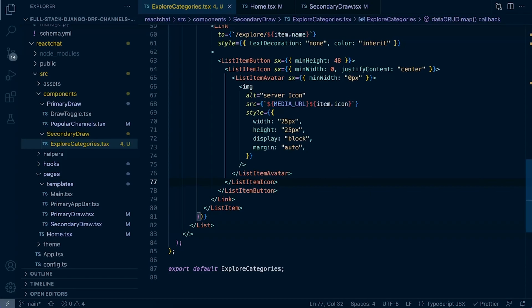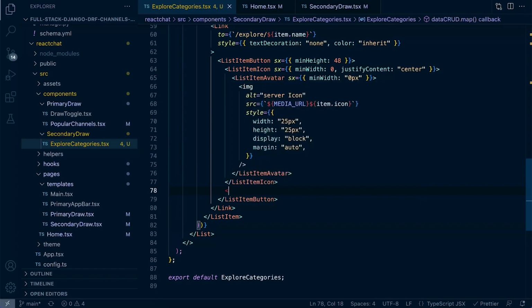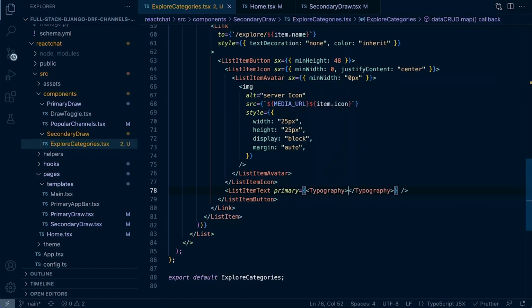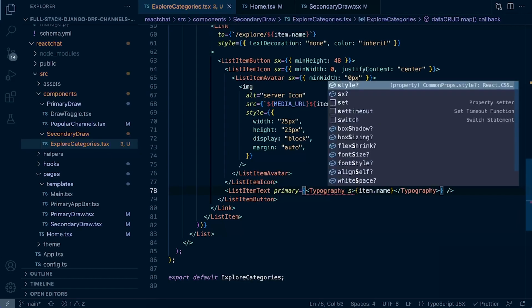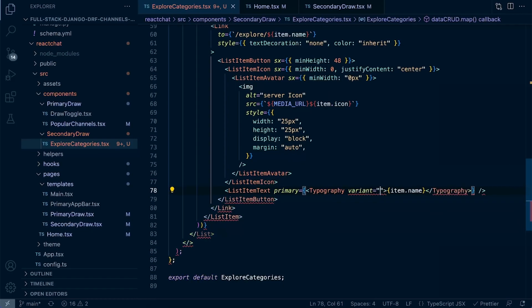And now what we need to do is set out the text. So this is going to be the list item text. Remember, this just ends like that. We need just the primary this time. We're not going to use secondary, I don't think, in this instance. So we can specify typography inside of here, don't forget. So we add the item name right there. That's going to be the category name, and then we can just add the variant. Spell it right this time. Variant equals body1,